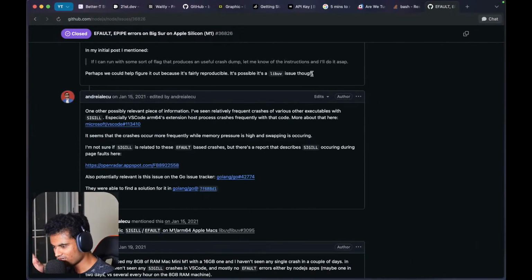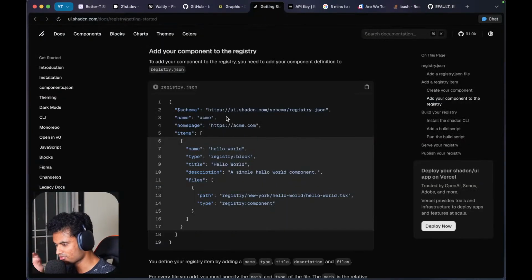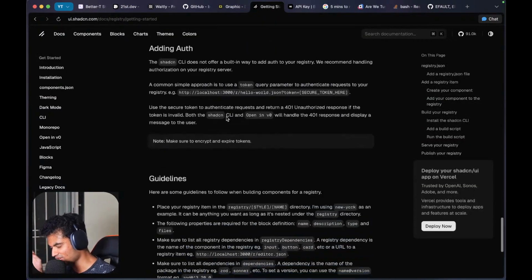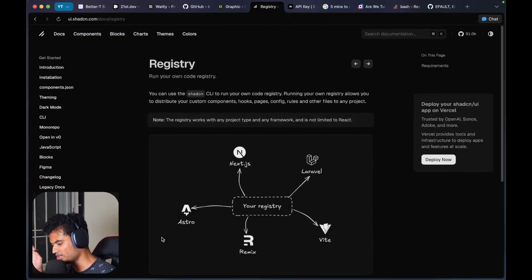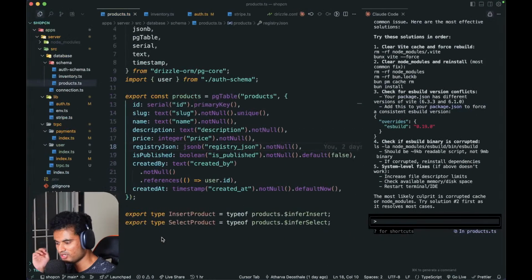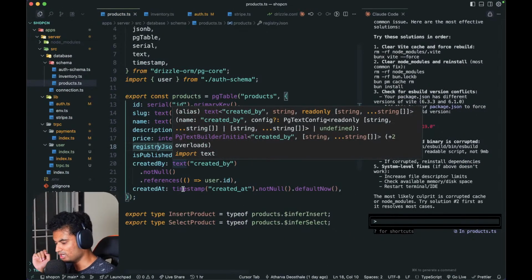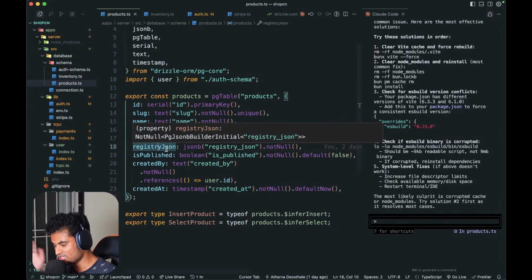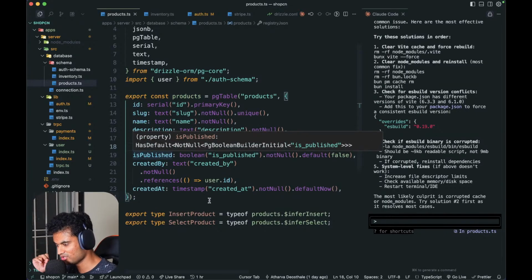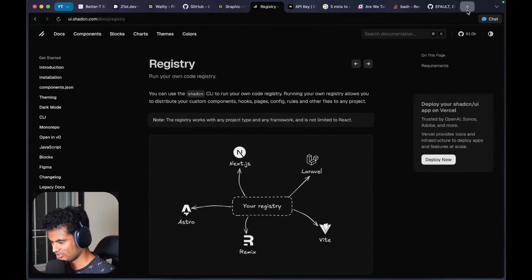Since we cannot code anymore, we can use the time to understand the Shadcn registry. I haven't even read the docs properly yet, and I don't even know how it works correctly. We might spend time doing that right now. But this is going to contain all the JSON inside it, and if the person has access to it, we are just going to return the JSON. So if you don't know something like Aceternity UI,